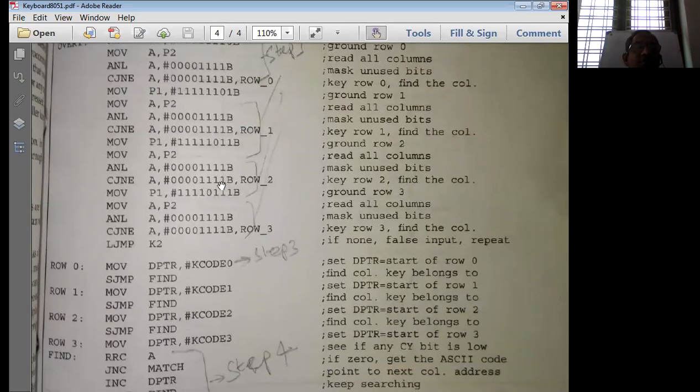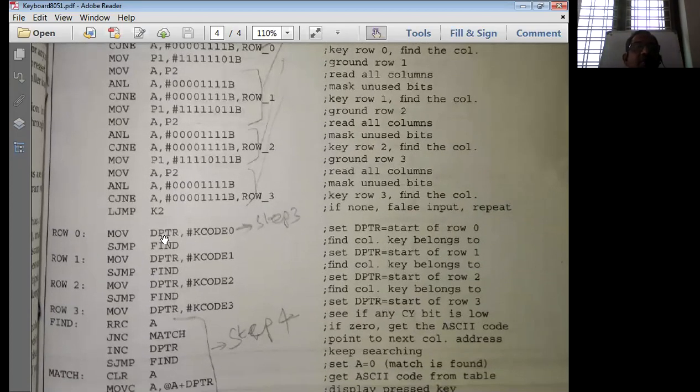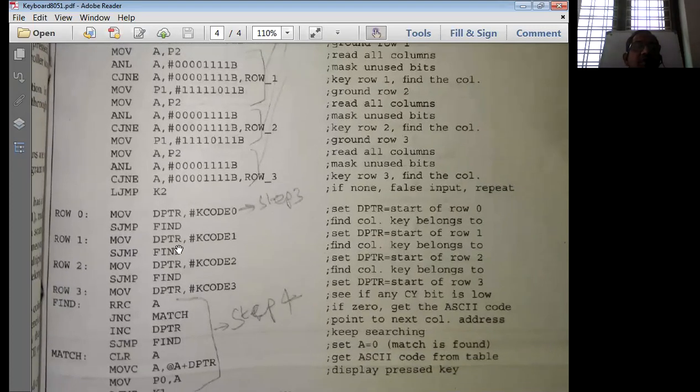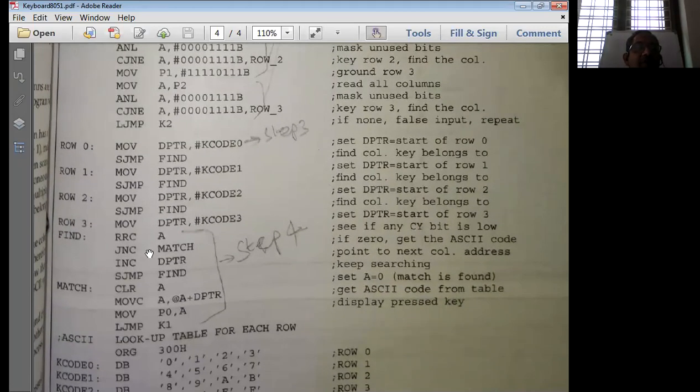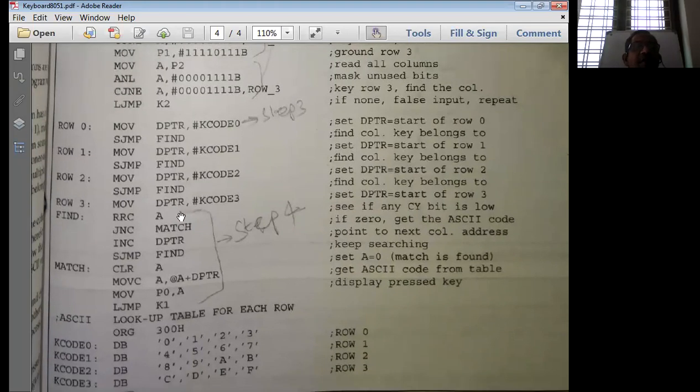So where is row 0? Here is row 0. The control comes to row 0. In row 0, I am simply storing the starting address of this code 0E into the DPTR register. After we store this, then we are simply saying short jump to find. Where is find? Here is find. This find is nothing but step 4 that we are going to discuss.